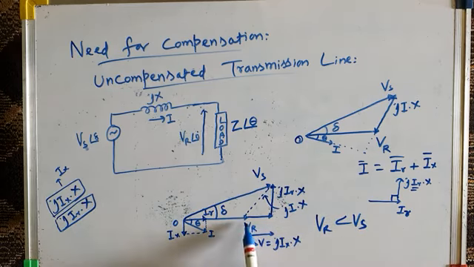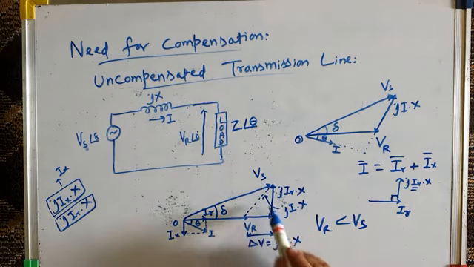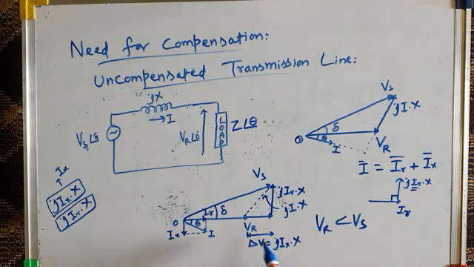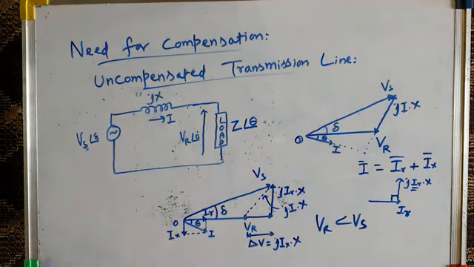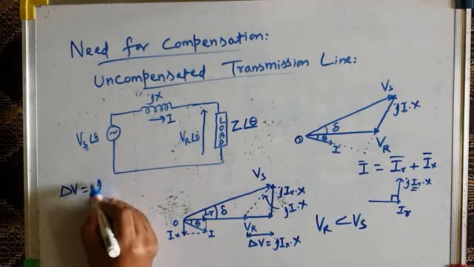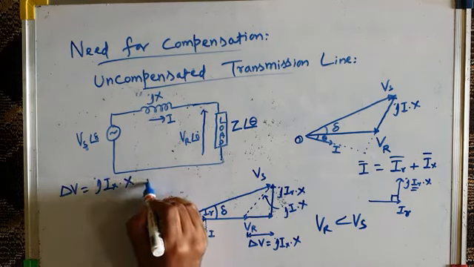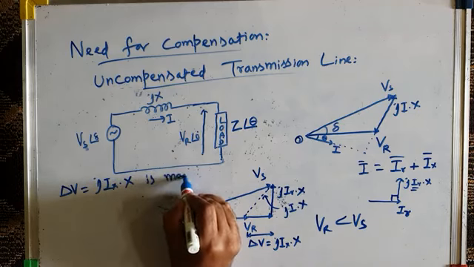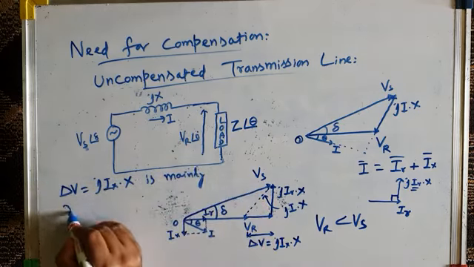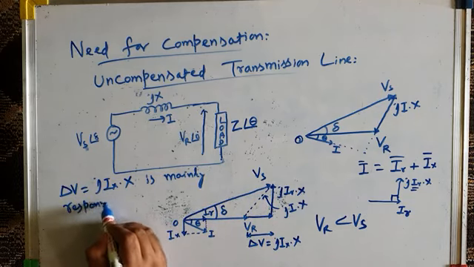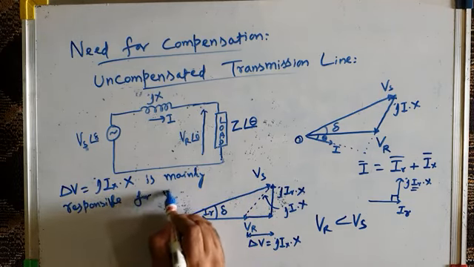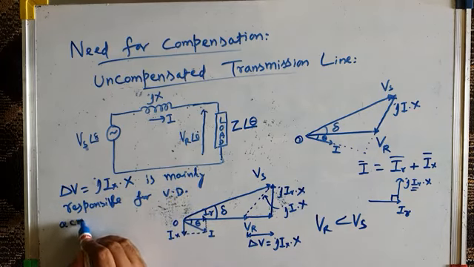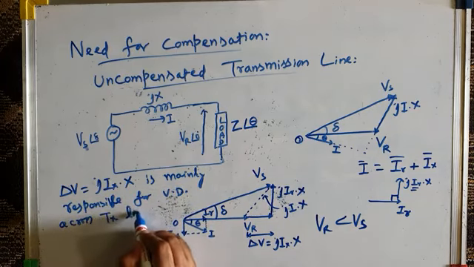So that means receiving end voltage is less than sending end voltage by what amount? By the amount of the voltage drop. Now as far as the voltage drops are concerned, you can see there are two voltage drops. One is because of reactive component of current, which is given by jIx into X. Delta V equal to jIx into X is mainly responsible for voltage drop across transmission line reactance,